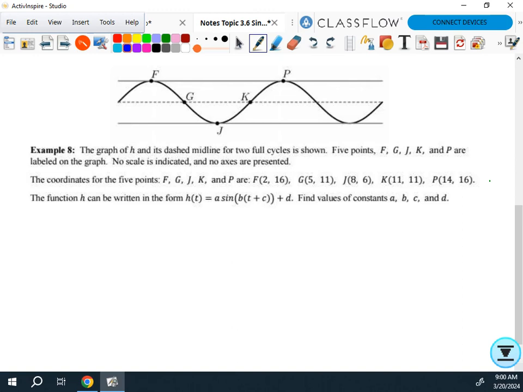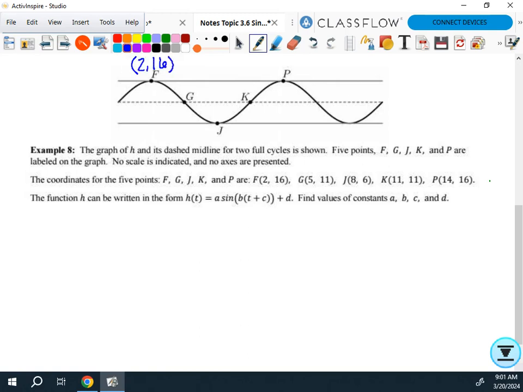I know some of you still have PTSD from Monday from something that looks like this, but this one's a little bit different. It says the graph of H and its dashed midline for 2 full cycles is shown. They give us our points. No scale is indicated. No axes are presented, but a graph still works like a graph. Our x-axis or our independent axis is still horizontal. Y-axis still vertical. They give us coordinates, so let's put